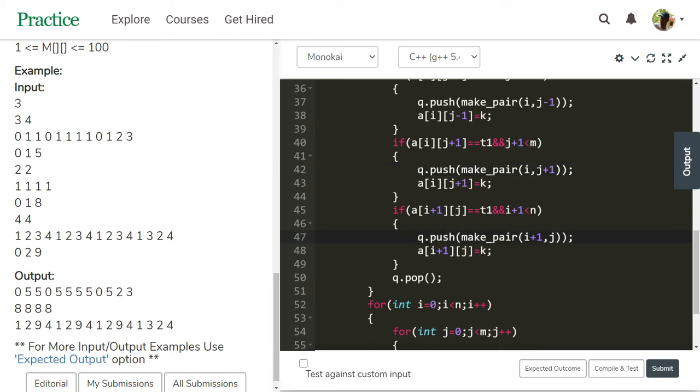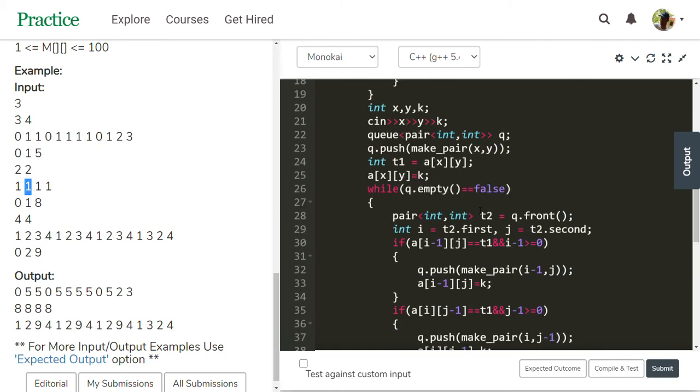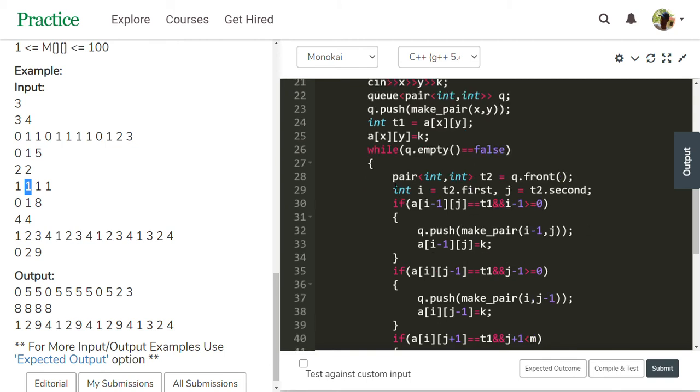This if block executes, push 1, 1, and A of 1, 1 is converted to k, that is 8. This also becomes 8 now; only this one is not converted. Then pop that value: 0, 1 is popped out. Is the queue empty or not? Not empty. The queue has 0, 0 and 1, 1.